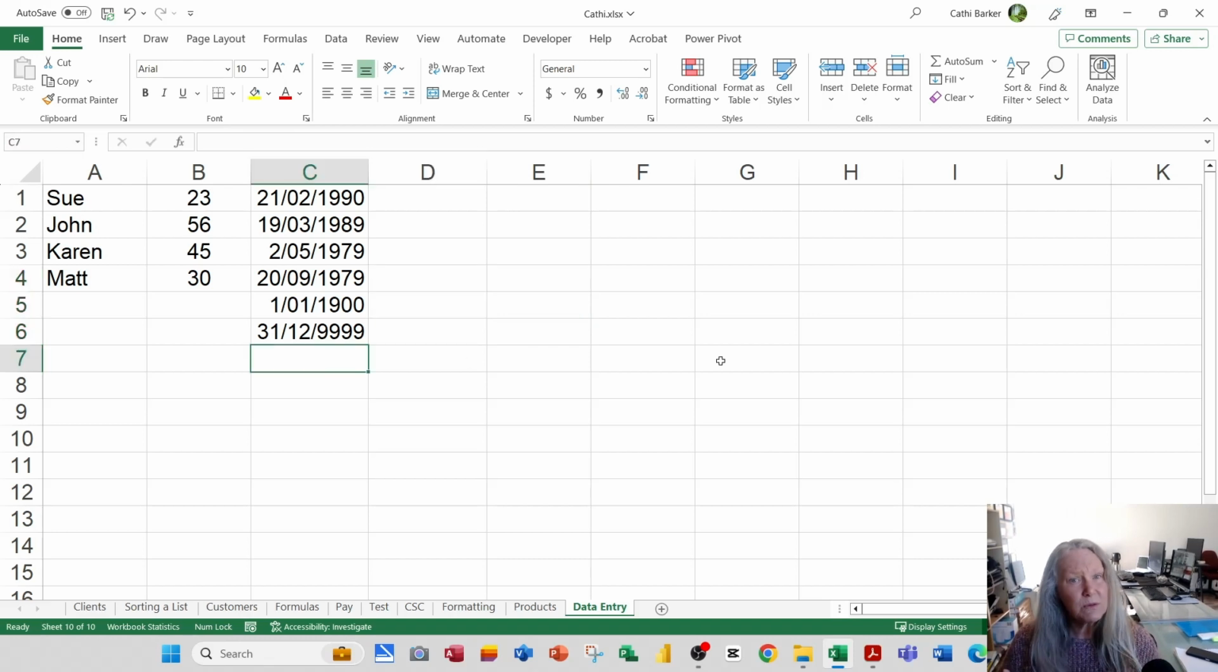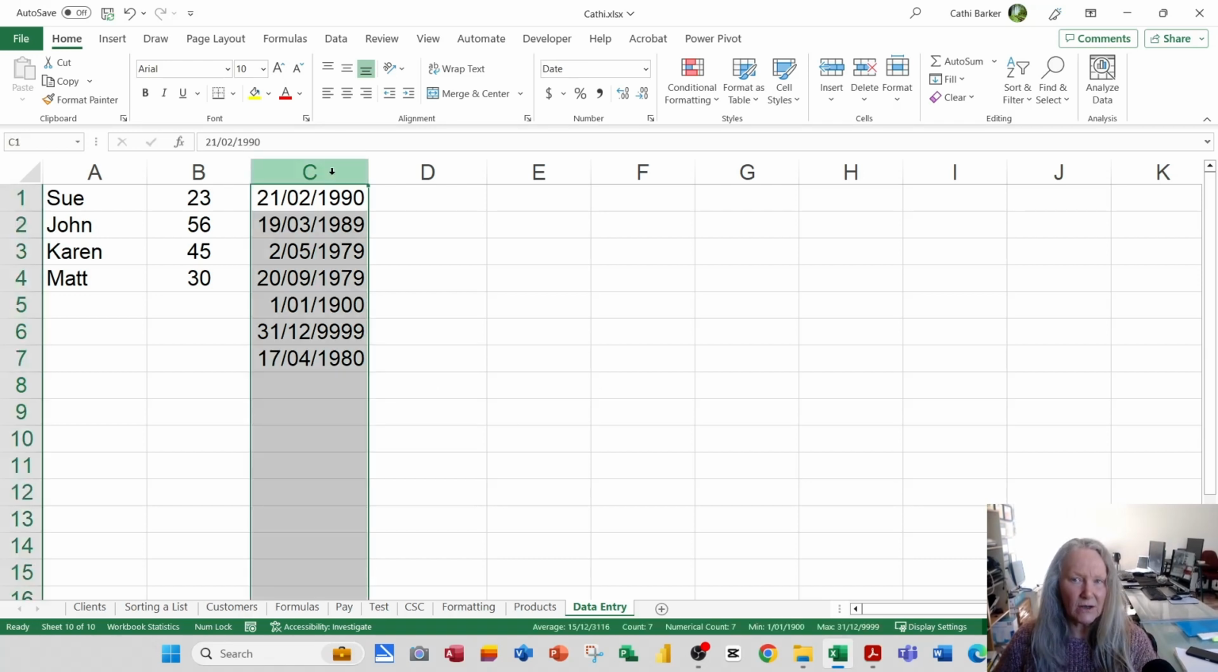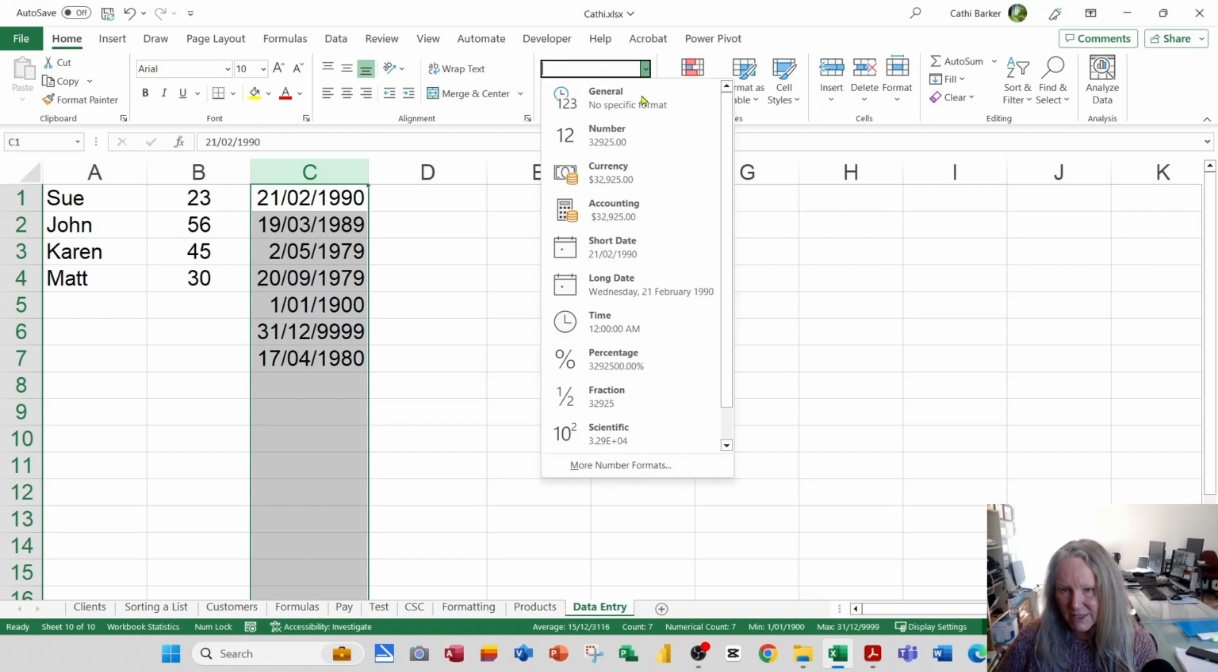And then maybe you want to put your birthday. Of course, I'm going to lie, but 17th of April is correct. But let's just have a little bit of literary license when it comes to the year. I'm going to put 1980. So if I select this entire column and I change them from short dates, which is what they are now,